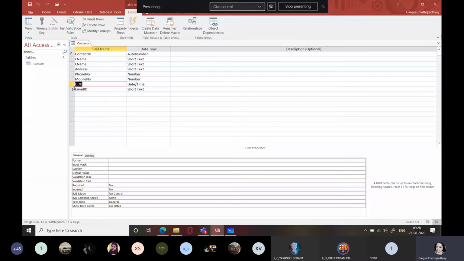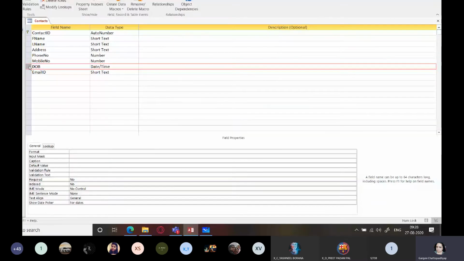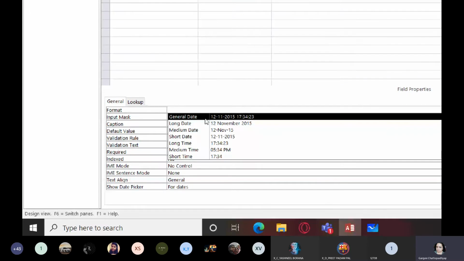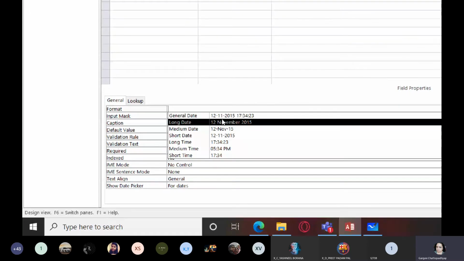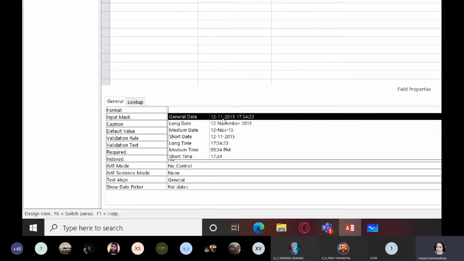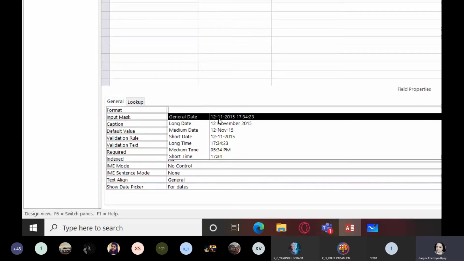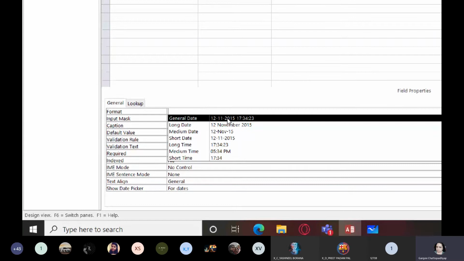You can see general date, which is having date as well as time. So there are just single dashes or hyphens in between the year, month and the date. The first one, 12, is what? Date. So it is DD dash MM dash 2015, that is year.